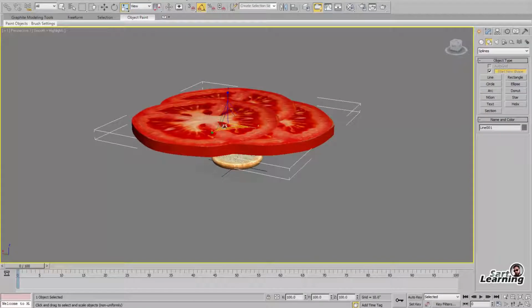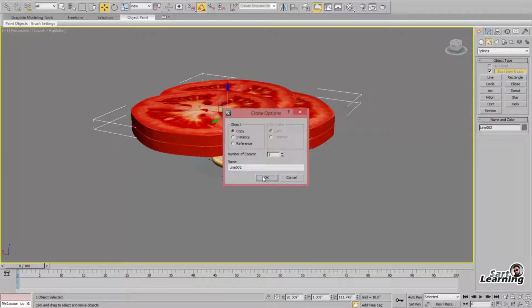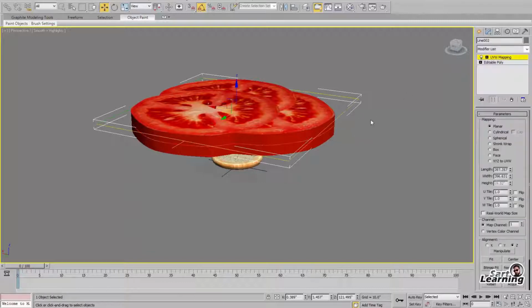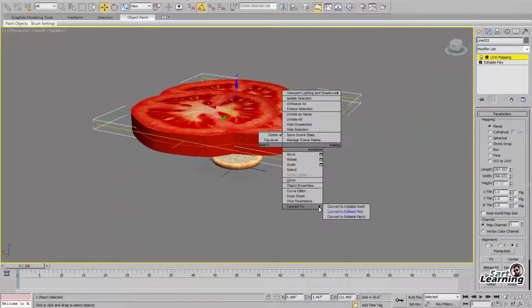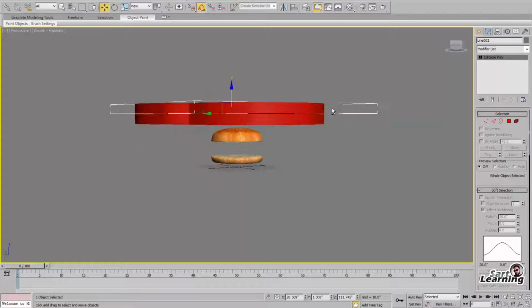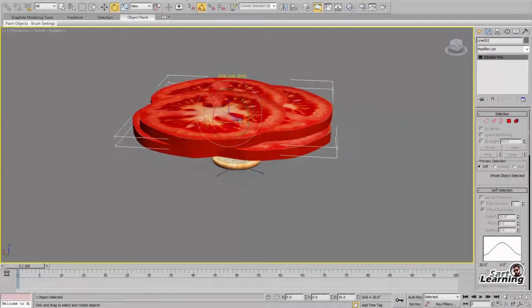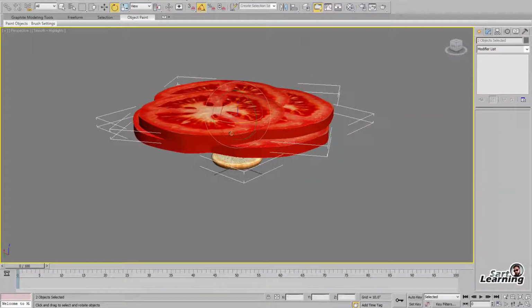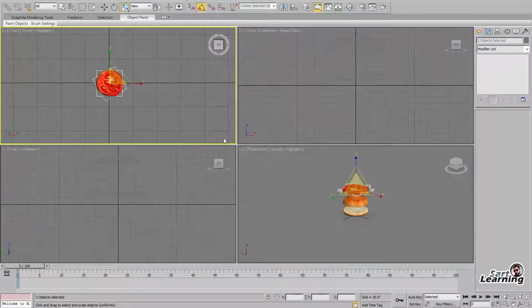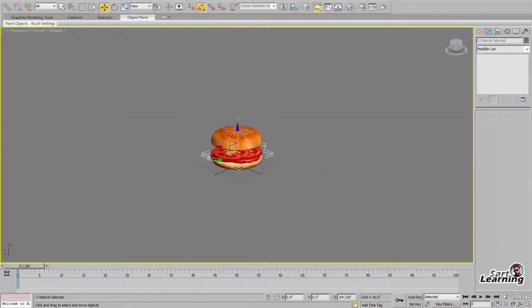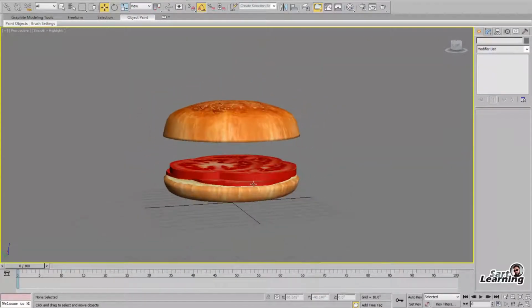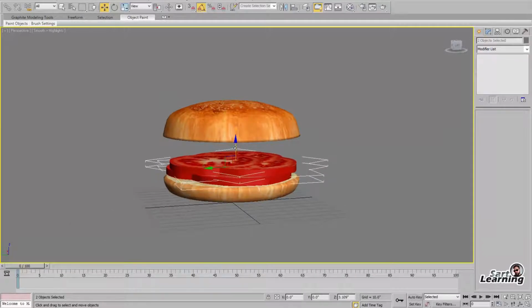Now my tomato slices are ready. You can create single slices also, but for this topic I just used a simple 3 slices in a single geometry. Now scale down and place in the center of the burger.